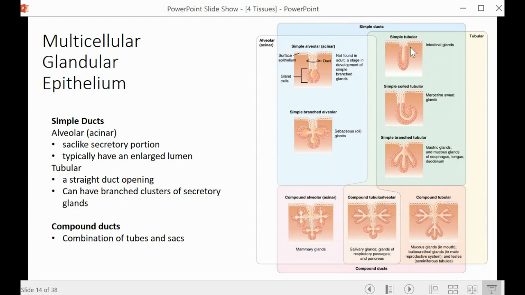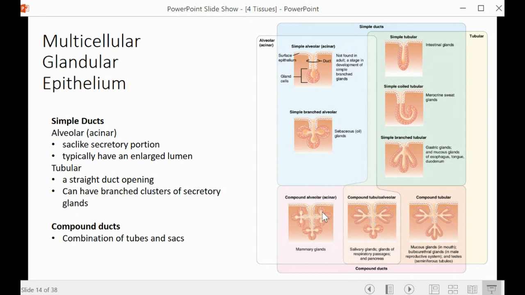We also have simple tubular. So this simple tubular right here, it looks like a tube. It can be simple coiled tubular because the tube is sort of coiled. And then we can have simple branched tubular. Okay, now, then we can have compound alveolar. So what does that mean when we have